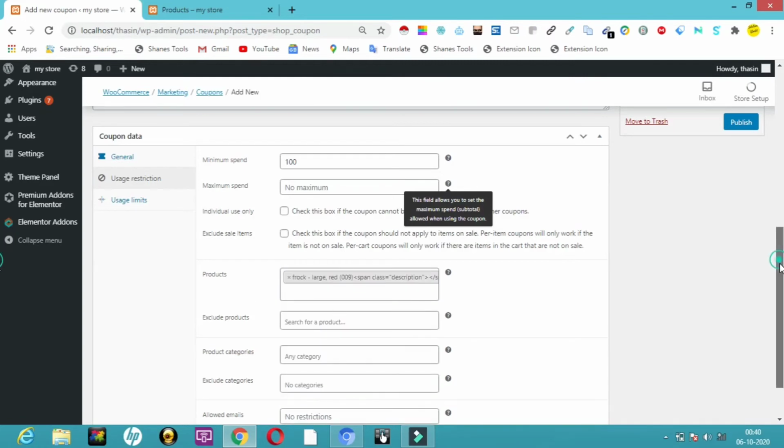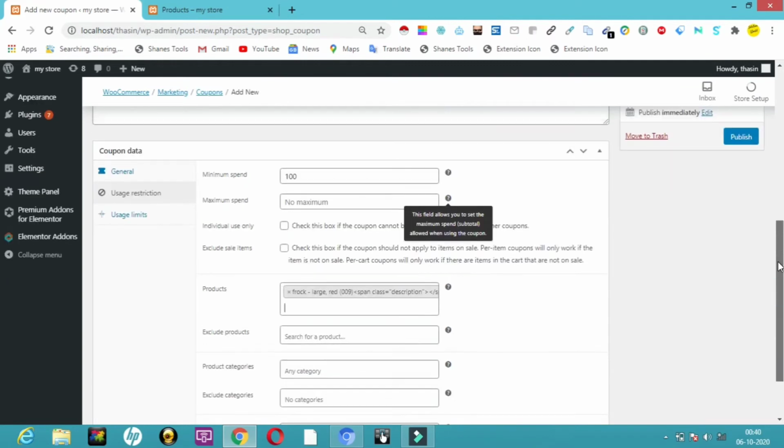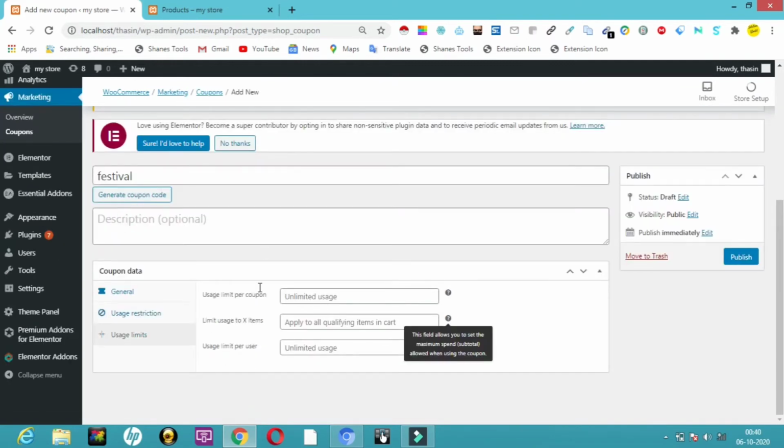Frock large red, and then the point comes to usage limits. Here you can see usage limit per coupon, in the sense that for the first 100 customers we will have this offer. Once 100 customers have got this offer, this offer will expire. So usage limit per coupon will be 100.